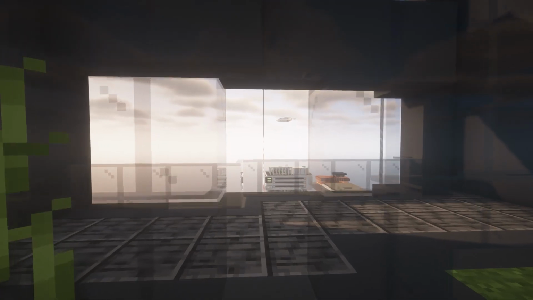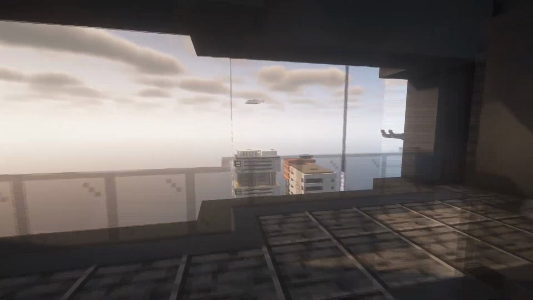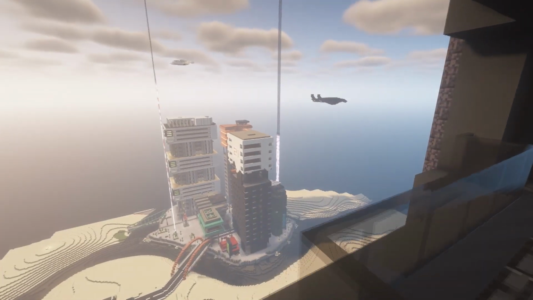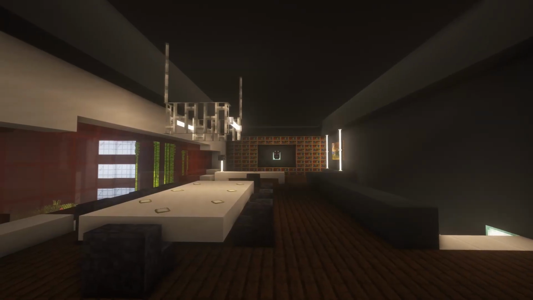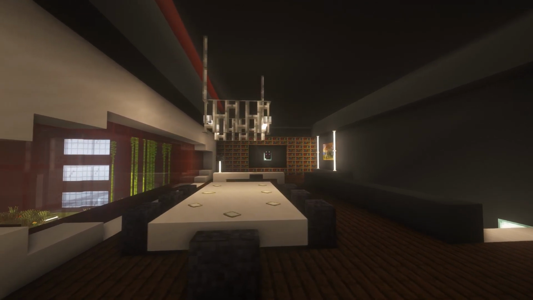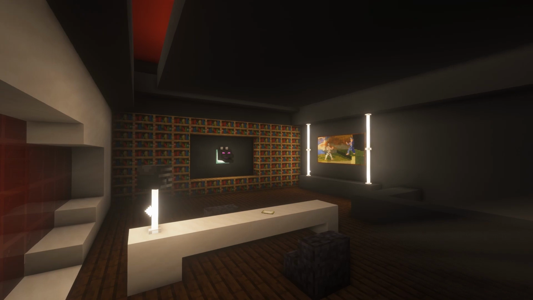Also from this top floor you have a great view over the city and over all the districts that will be built. In the office I tried to make some old office style with more newer elements, and I think it worked quite well, I would say.